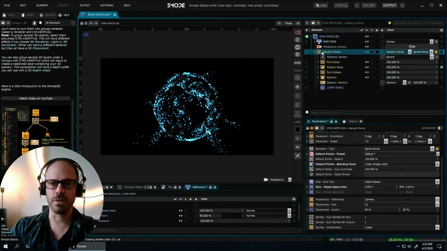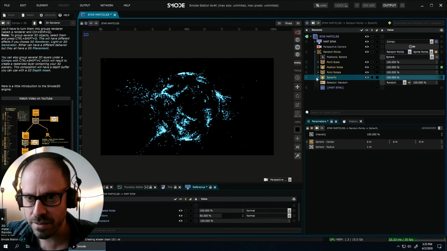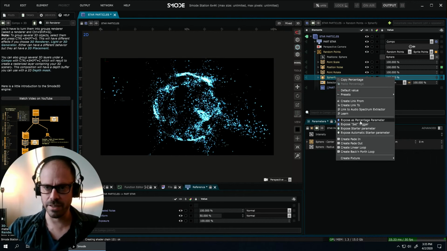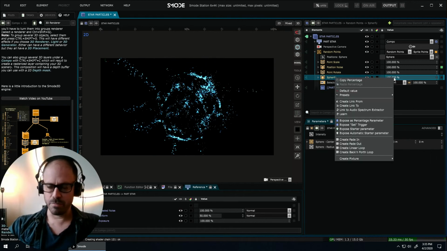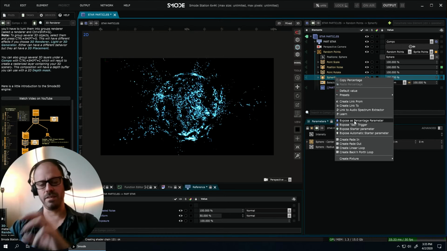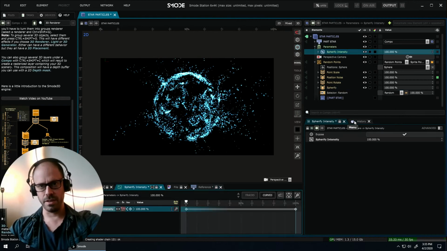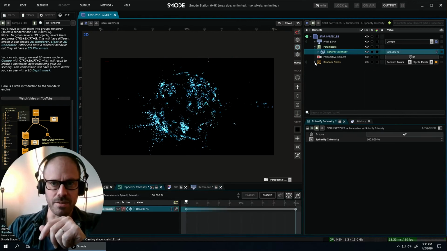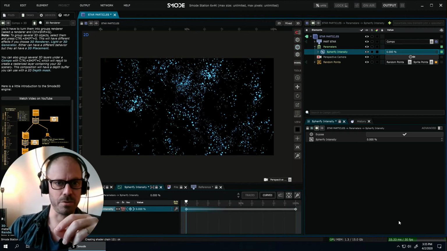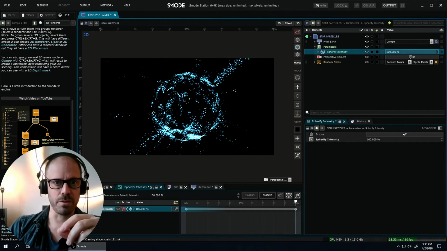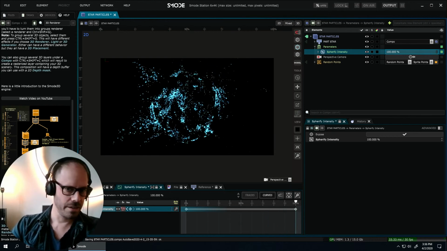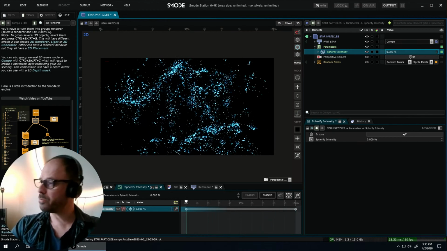And I don't want to open the whole tree to see what's the right parameter. So one way of working is to right-click on the percentage and expose as a percentage parameter. In that way, it will take this value and put it on top of your comp here, wonderful. So you will have direct access to this parameter here, and you will be able to move it. And for example, to link it to a controller or to put this in a timeline, it's very useful and important to be able to